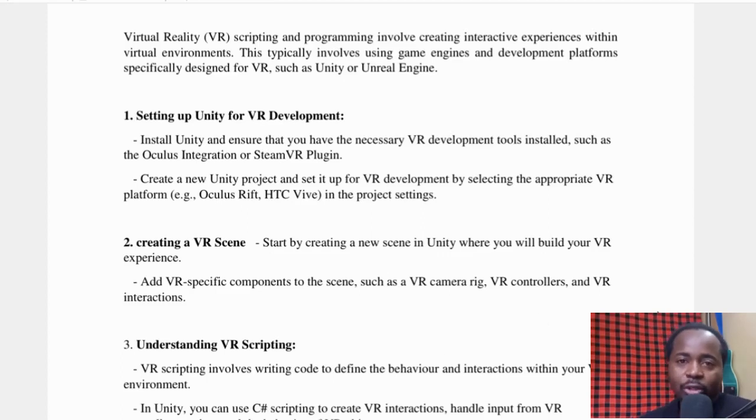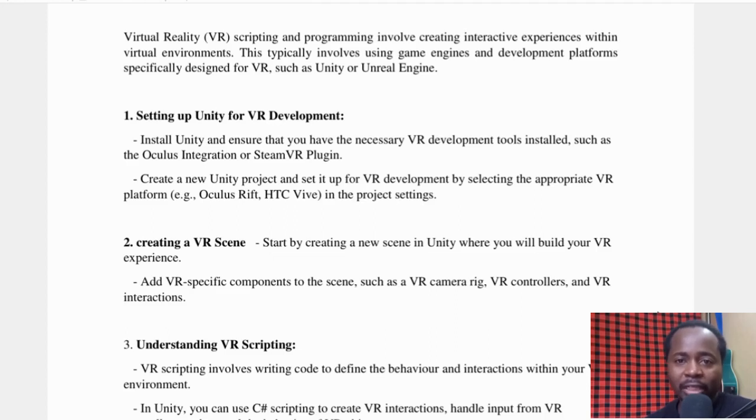Today, I want us to talk about virtual reality scripting and programming. Now, we started learning about the intersection between virtual reality and machine learning, and therefore, in our pursuit to understand this concept of the interaction between virtual reality and machine learning, we've come to this lesson regarding virtual reality scripting and programming. Now, when we are talking of virtual reality and programming and scripting, we are actually talking of how we can develop programs that are